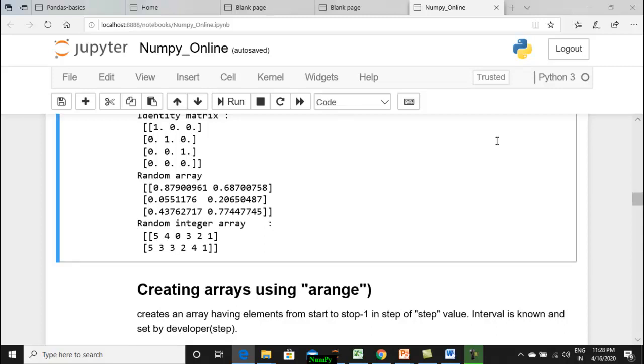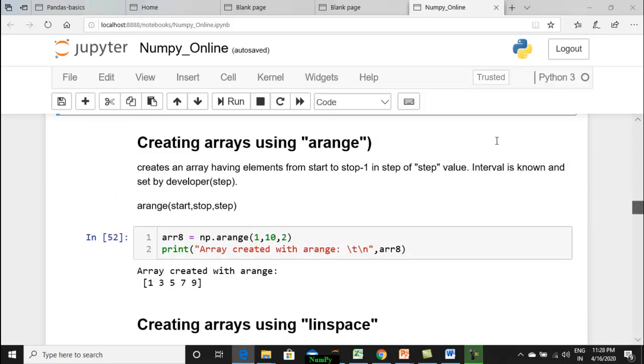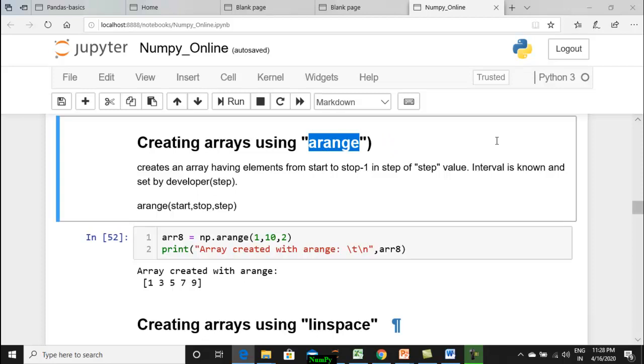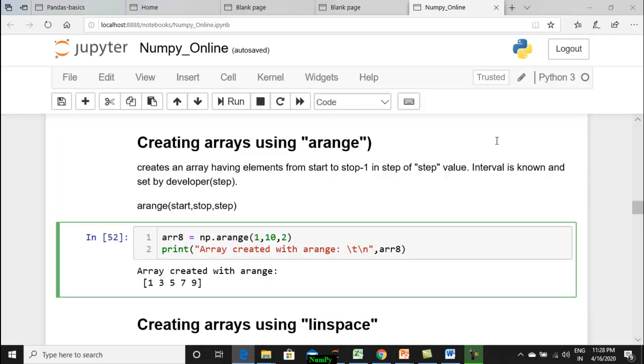You can create arrays not only by passing the values. You can make the system create an array of its own, given the range. Two special functions are available for that. One is arange, array range. The second is linspace. It is like the range: it takes 3 parameters similar to Python's range, which takes start, stop, and then step.